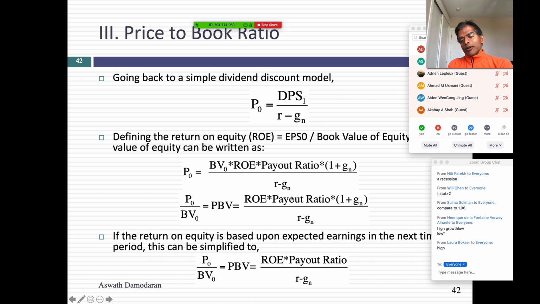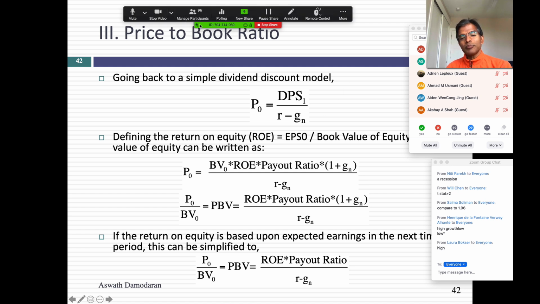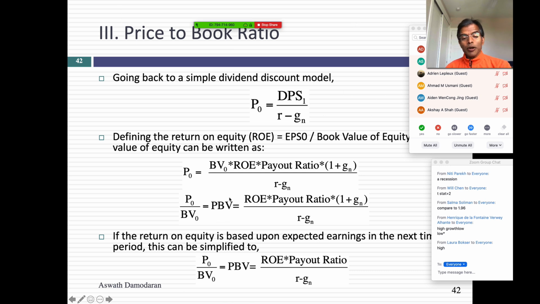Let's talk about price to book ratios. Remember the little trick we came up with? It's an equity multiple. Go back to an equity discounted cash flow model. Simplest one you can think of: stable growth dividend discount model. And divide both sides by the base of your multiple. So divide both sides by book value. I end up with the equation for a price to book ratio.